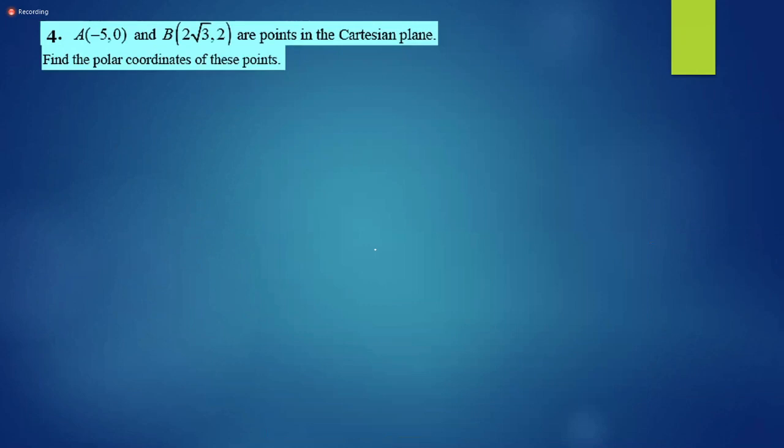Now, no graphing involved. Simply points and finding the polar coordinates of the 2 points. Of course, we could think of the Cartesian plane. We could imagine it so that we simply have an idea what it looks like. Minus 5, 0, that would be this point, Cartesian coordinates x, y, and 0, and minus 5. This is the point A in Cartesian coordinates. So in the polar coordinates,